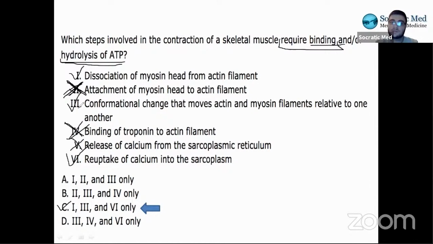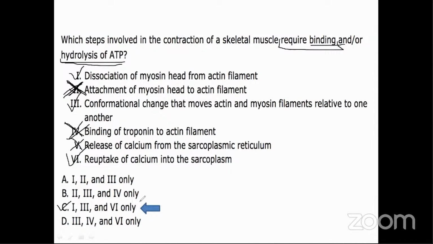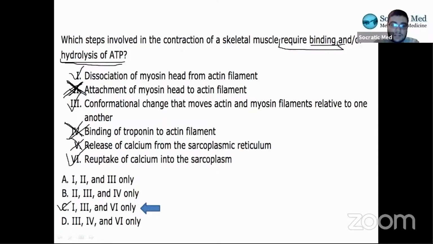Does that make sense? Yes. I'm not concerned about why. It's just that I wouldn't have even bothered reading 3 simply because it appears in all the answer choices. So it's obviously a correct answer, and I would have just focused on the other remaining ones. You know what I'm saying? 3's in all the choices. Why would I even bother reading it? Yeah, I actually didn't even notice that until you mentioned it.